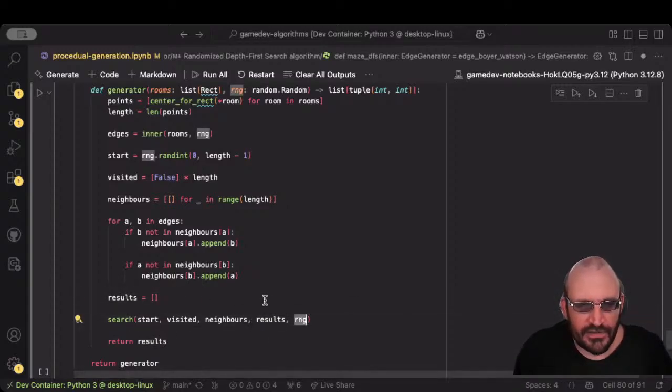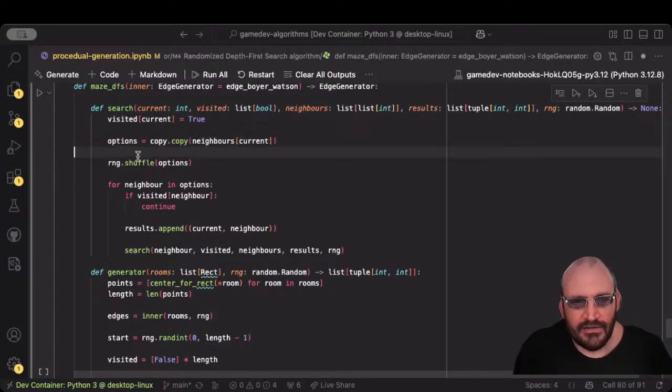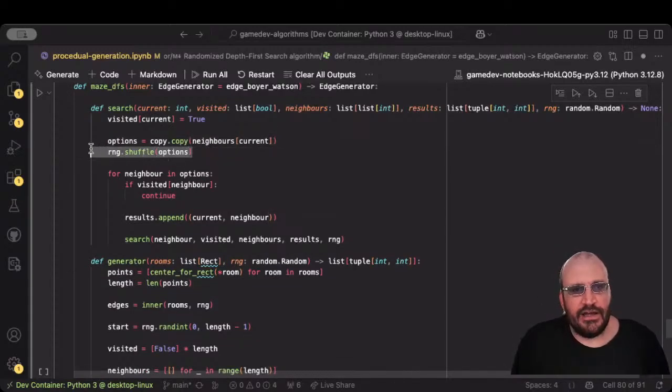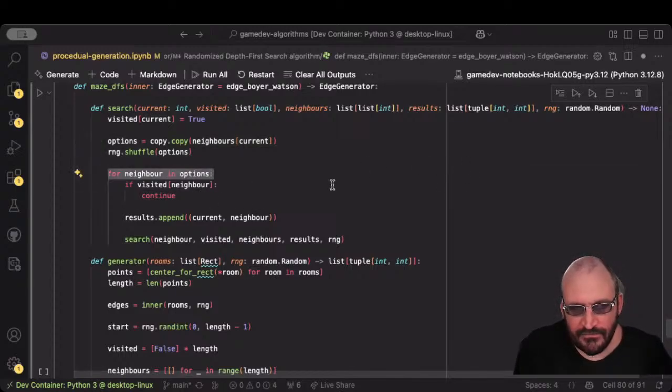And then we're just passing our random number generator along with us. So with that, we mark the cell as having been visited. We effectively get a randomized list of the neighbors, and then we loop over those neighbors in a random order, and if they've been visited,